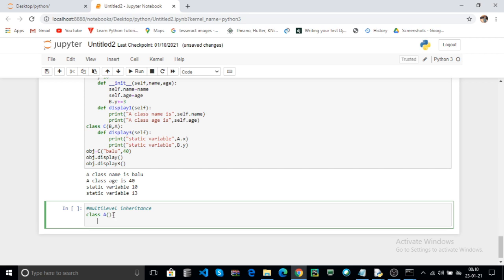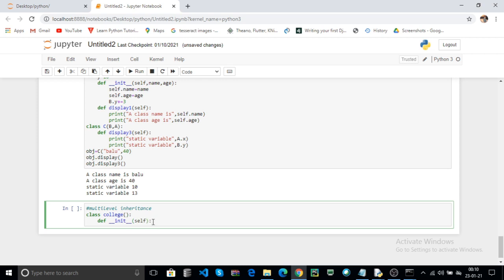Here the class A contains, for example, a constructor, def __init__. For convenience, I name the class college. College is the one class. Here the default parameter is self.